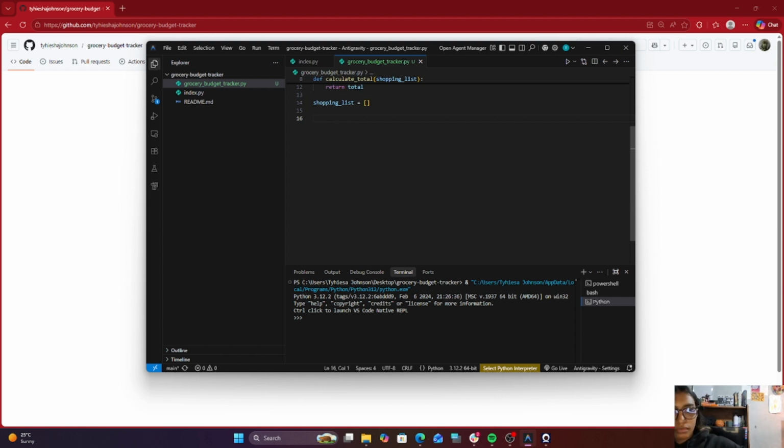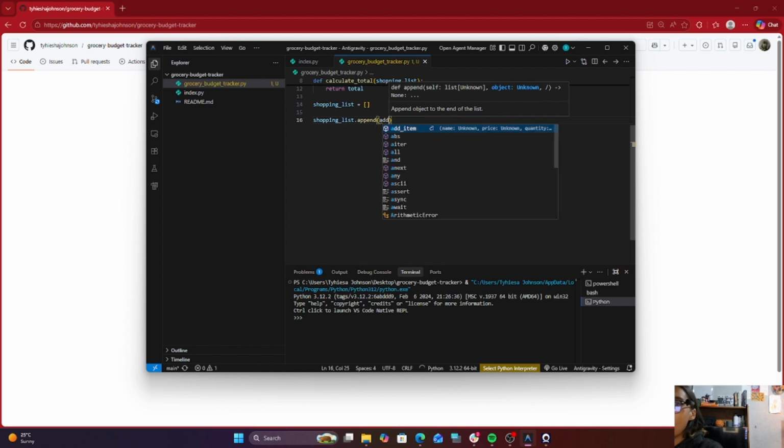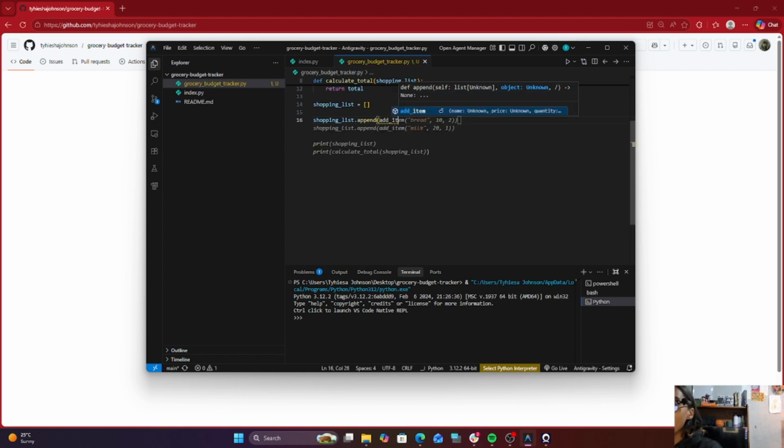So, the cool thing that I'm going to show you guys is adding data into our array, and we use that with the word called append. Okay, so you've got shopping underscore list, that is us calling our variable. We'll say dot append, and we'll say add underscore item, and now we've got